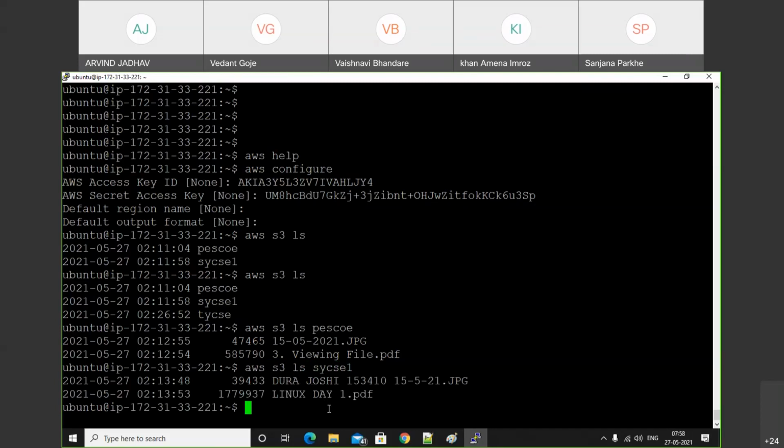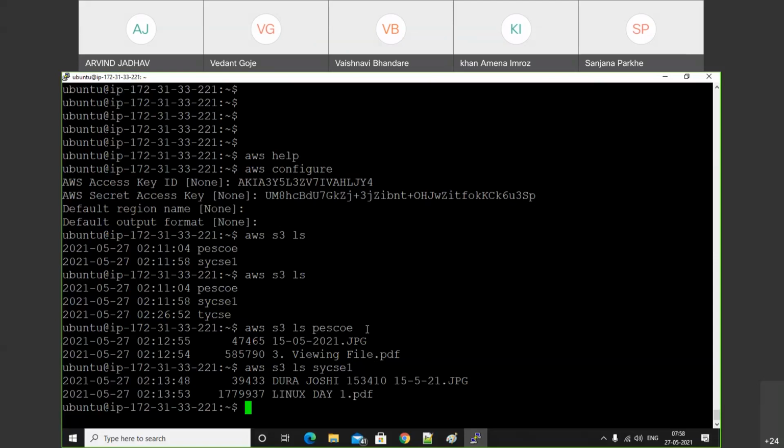So by using this way, we can list all the buckets and also view the objects of the buckets, trying to access this bucket inside the EC2 instance. Earlier we learned how to create an EC2 instance, and also how to create the buckets. I added the object inside the bucket.